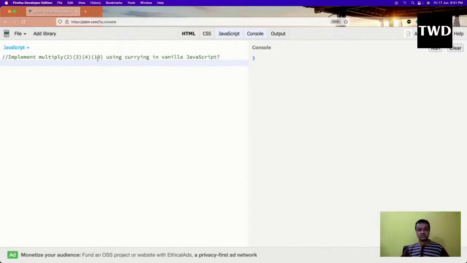So this is named after Haskell Curry. Currying is a process of breaking down a function into a series of functions that each take a single argument. Here is a simple example of writing a multiply function and then the function with currying. So this is known as currying in JavaScript. So let us do that. First I am going to do a